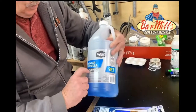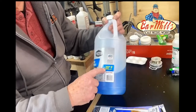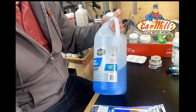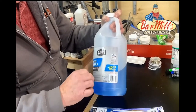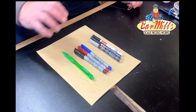You want to make sure you get the winter one, though. Make sure you get the winter one that has some kind of below temperature rating, because that's where the alcohol is. You can get a summer one, but it's not going to work because it's not going to have the alcohol in it. So look for the one that has the alcohol in it. You people in the southern part of the country, you're going to have a little trouble finding it, but some people have found it. All right, I'm going to talk about some paint